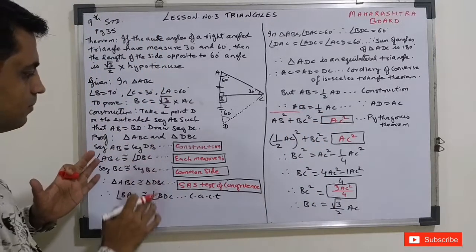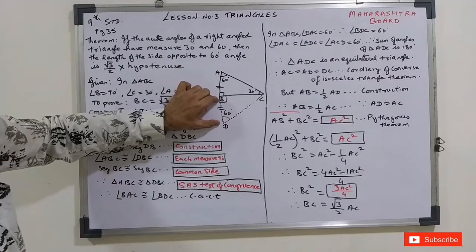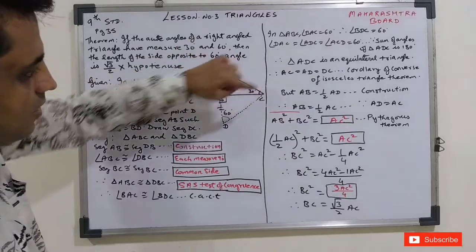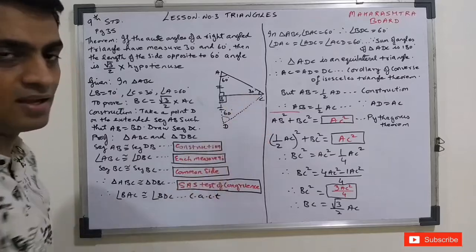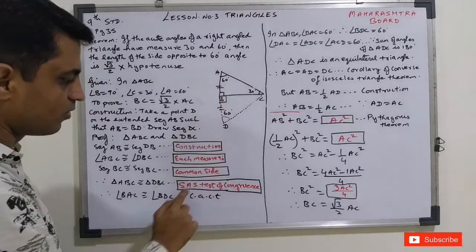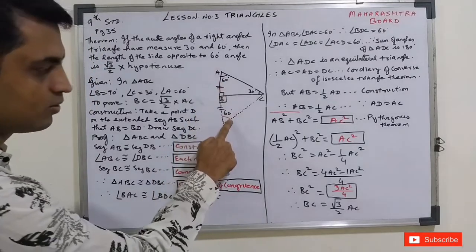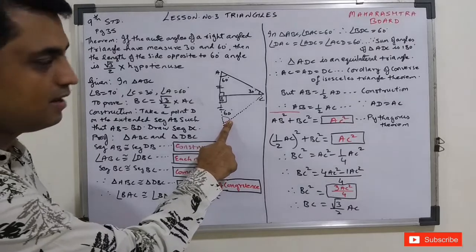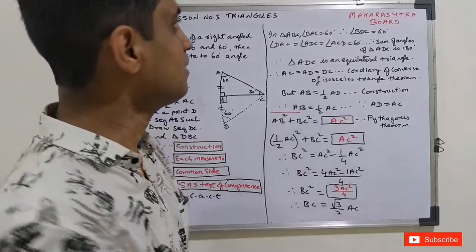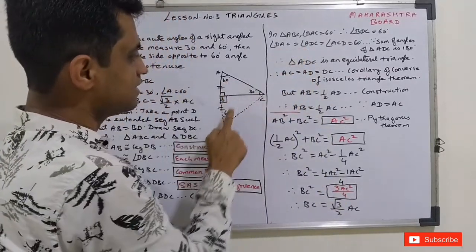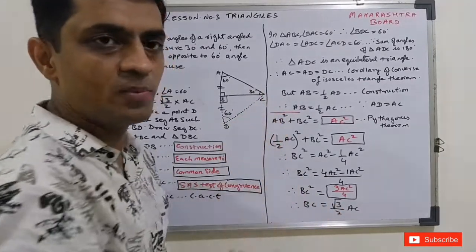So here also we have taken both the triangles. Here also AB is equal to BD by construction. Angle ABC is congruent to angle DBC, 90 degree each. And BC is congruent to BC, common side. So both the triangles are congruent by which test? SAS test of congruency. Now here also this angle is congruent to this angle, angle CAB and angle CAD. So if this is 60, this has to be 60. It means angle C will also be 60.